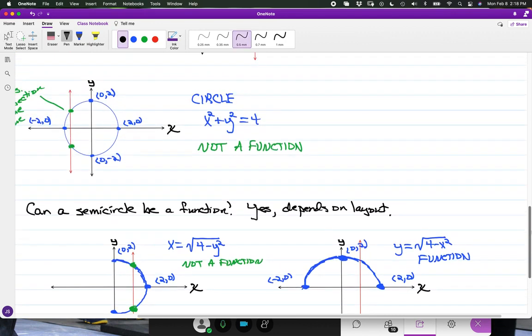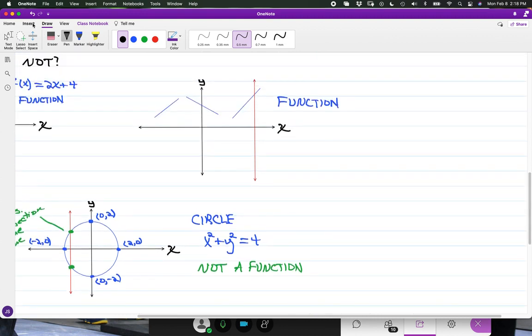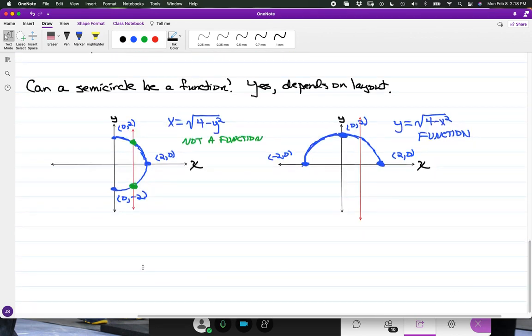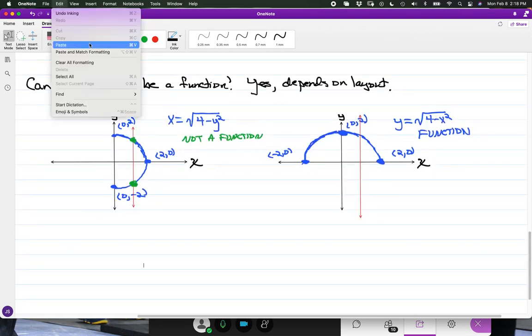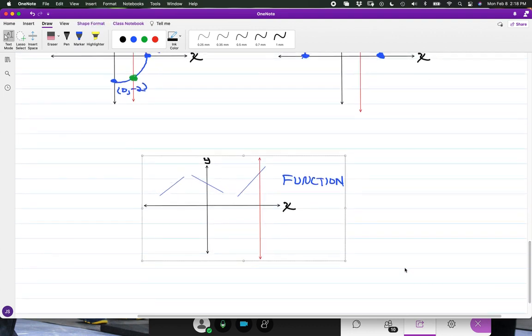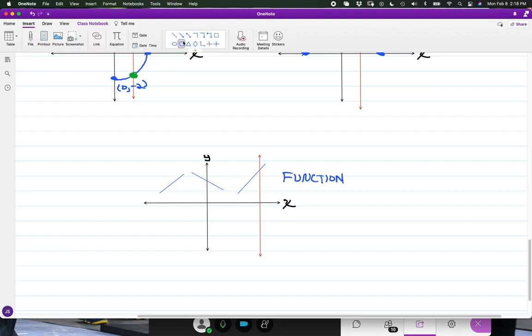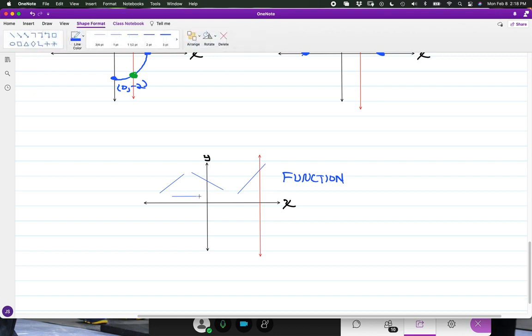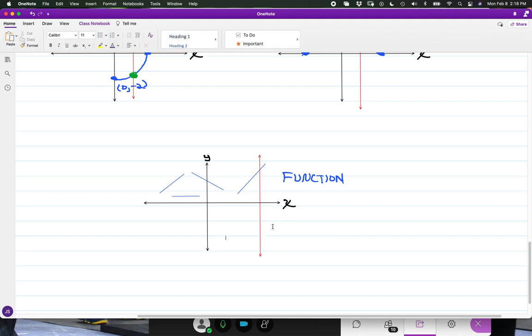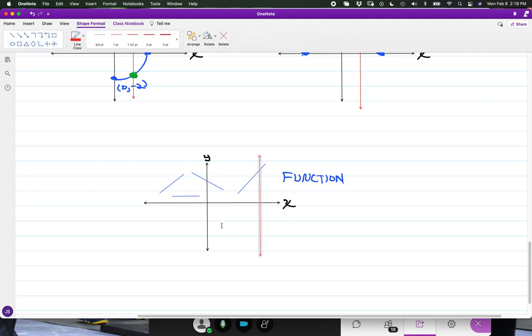And then we'll use this as a separate case, in terms of determining whether we have a function or not. And if I were to include yet another line segment, and ran the vertical line through this,